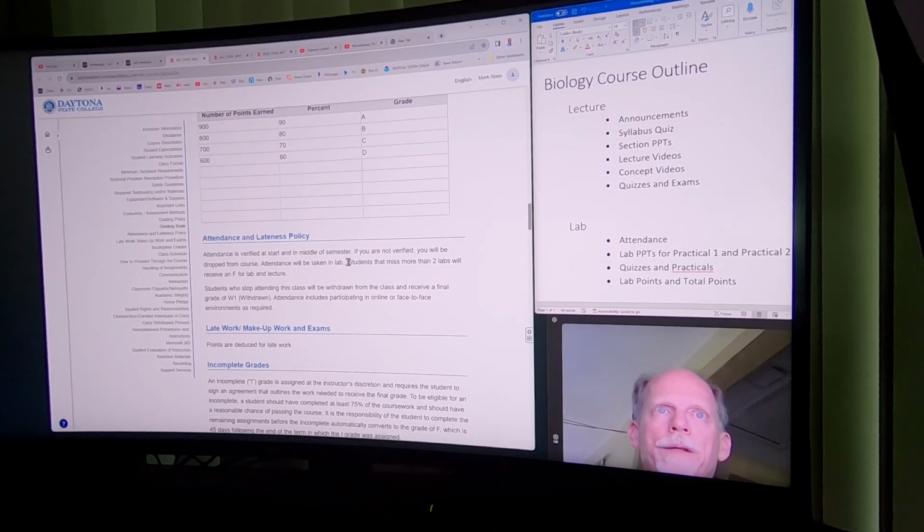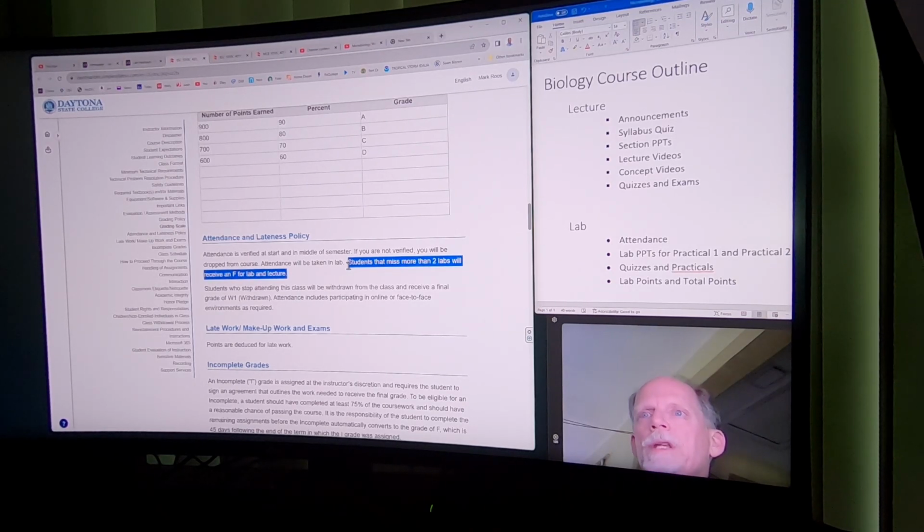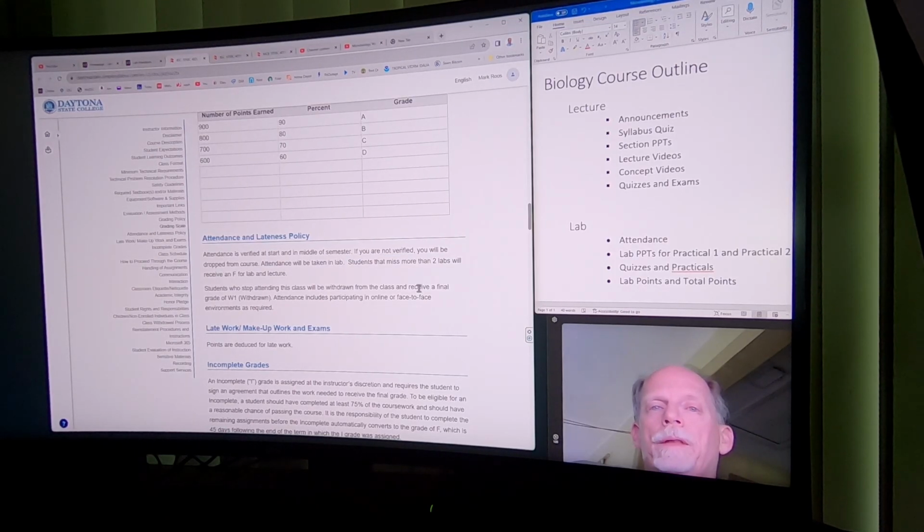And then the attendance policy: students that miss more than 2 labs receive an F. Now, if you miss 3 and had a good excuse for something like that, that's not a problem. But when it gets to be 4 or more, you're going to fail anyway. Students that miss that many labs usually are students that aren't serious and they aren't going to pass. There are a few smart students that just don't want to do it, but you need to be committed to going to lab. And let me know if there's an issue with them taking attendance, because we need to make sure that the attendance is being taken